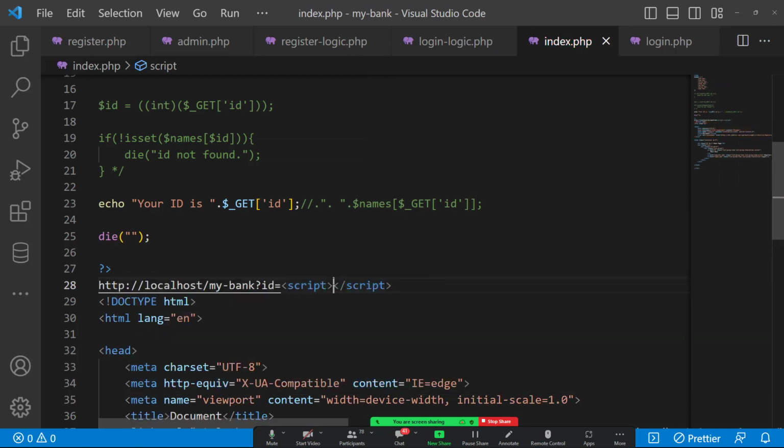And then I close the script like this, and then here I put my JavaScript. Okay, so this JavaScript is just going to be a simple JavaScript,